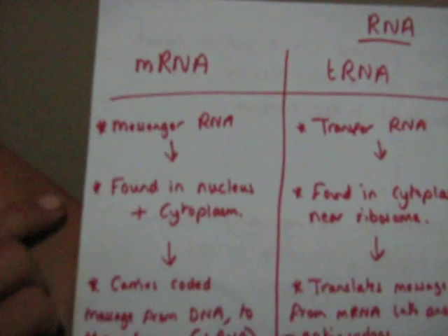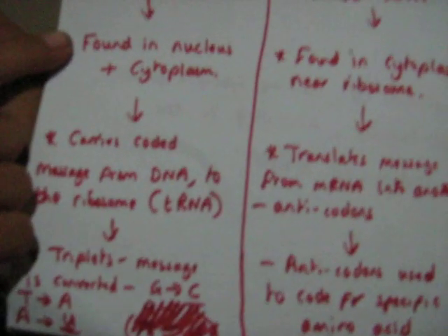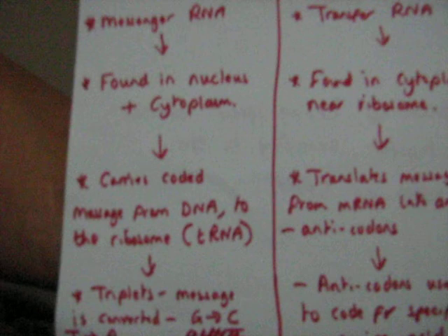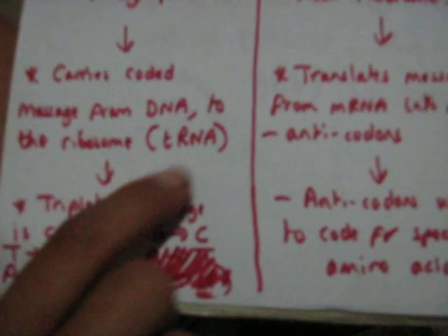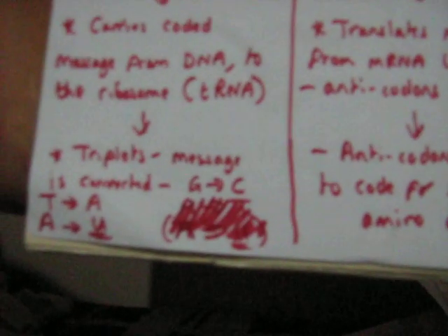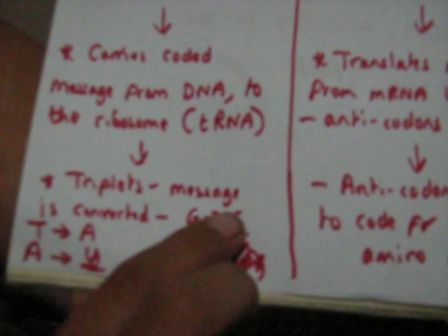mRNA stands for messenger RNA. It's found in the nucleus and the cytoplasm. It's found in the nucleus because it needs to take a message from the DNA template to the ribosome where the proteins are formed, and it enters the cytoplasm to do that. It carries a coded message from the DNA to the ribosome where it meets with tRNA, transfer RNA. It carries triplets, the triplet codons that we mentioned earlier, in a message which is converted from DNA